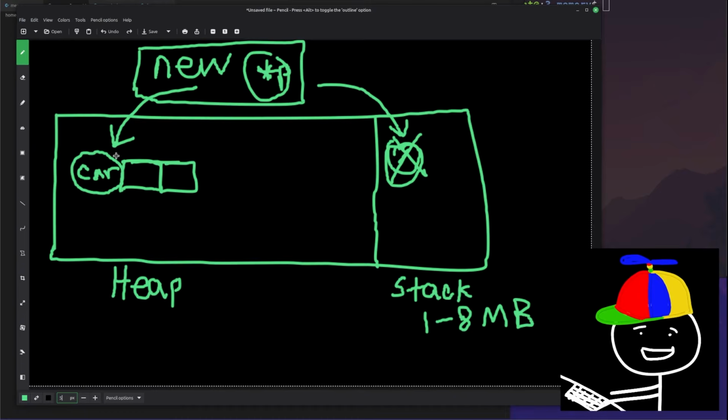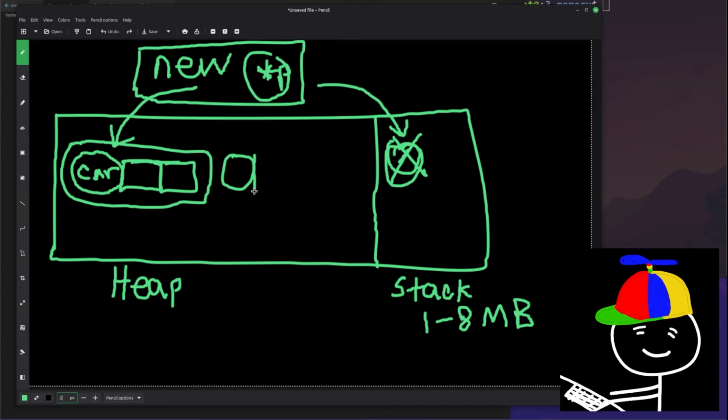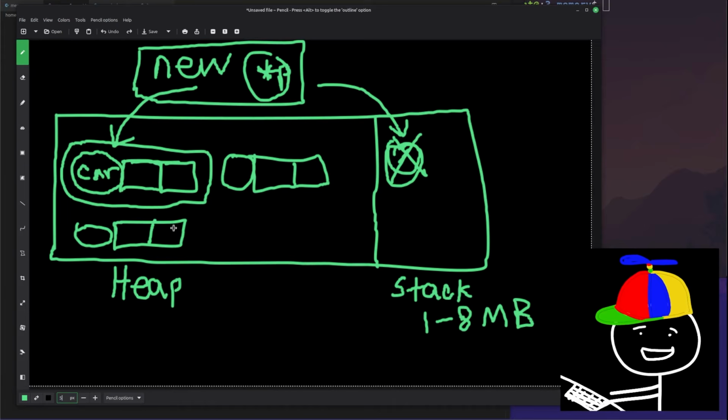But if we forget to free the memory on the heap, this memory never gets unallocated, and basically you can't use it again. So if we were to create many car objects, they would eventually start taking up a whole bunch of space on the heap if we forget to free that memory. And this is basically a memory leak. There's no way to free this memory up until your program terminates or crashes because your computer has no more RAM available.